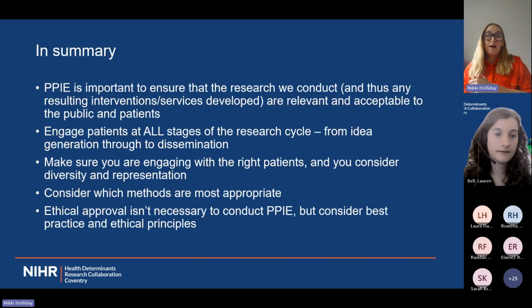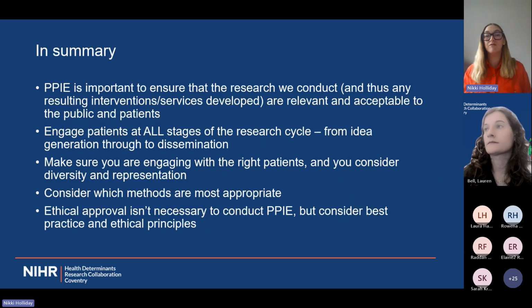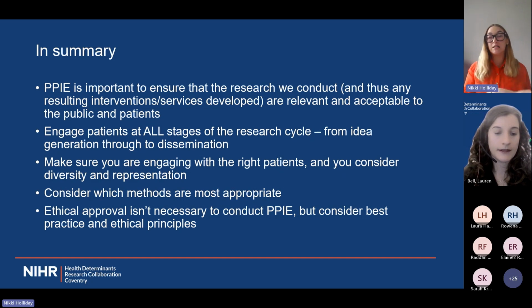So in summary, PPIE is important to ensure that the research we conduct, and thus any resulting interventions or services that are developed from that research, are relevant and acceptable to the public and patients, the very people it's supposed to help. It's really important to engage people at all stages of the research cycle, from idea generation through to dissemination. And if you want to fully embrace the philosophy, we really need to be taking the ideas from patients and the public themselves and getting that bottom-up approach to research